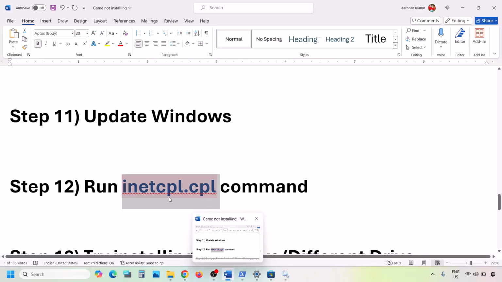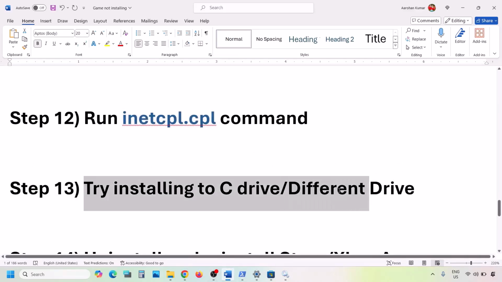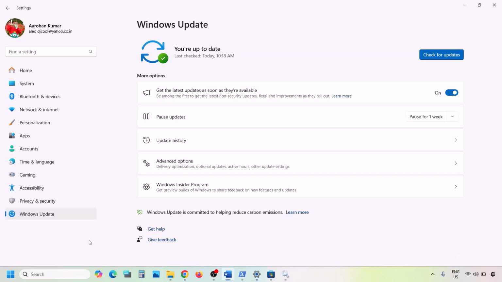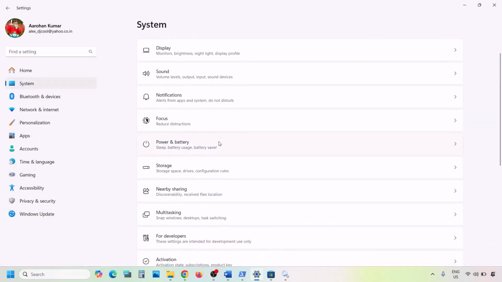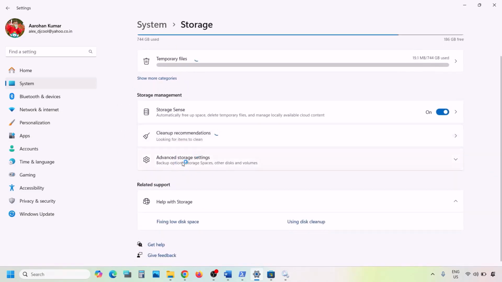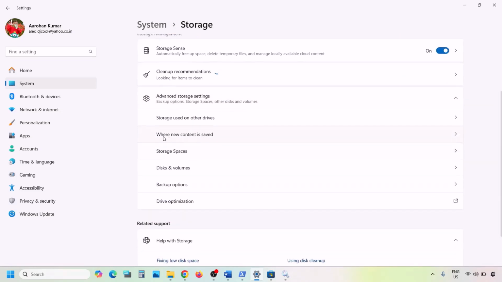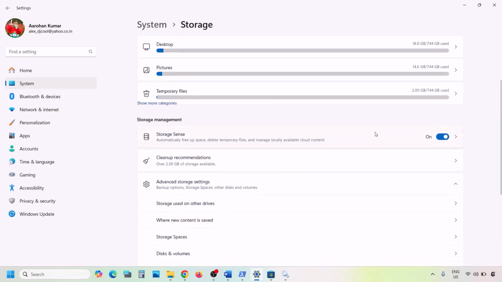Now the next step is to try installing it to C drive or a different drive. So in that case you can open Windows settings and then you can go to system and then go to storage over here, and then over here you can change the storage. So click on advanced storage settings and here you can see where new content is saved. So you can click on it,